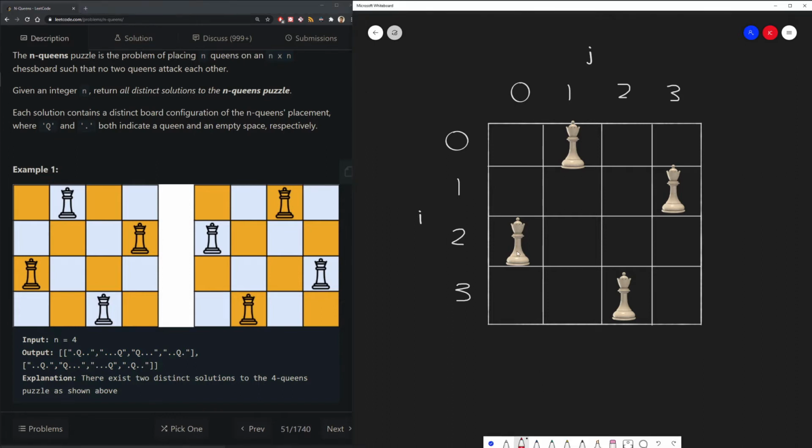For those who are not familiar, in chess, a queen piece can move in multiple directions. They can move horizontally, vertically, and diagonally. What we want to do is place queen pieces in such a way that they cannot attack each other. So in our second example,